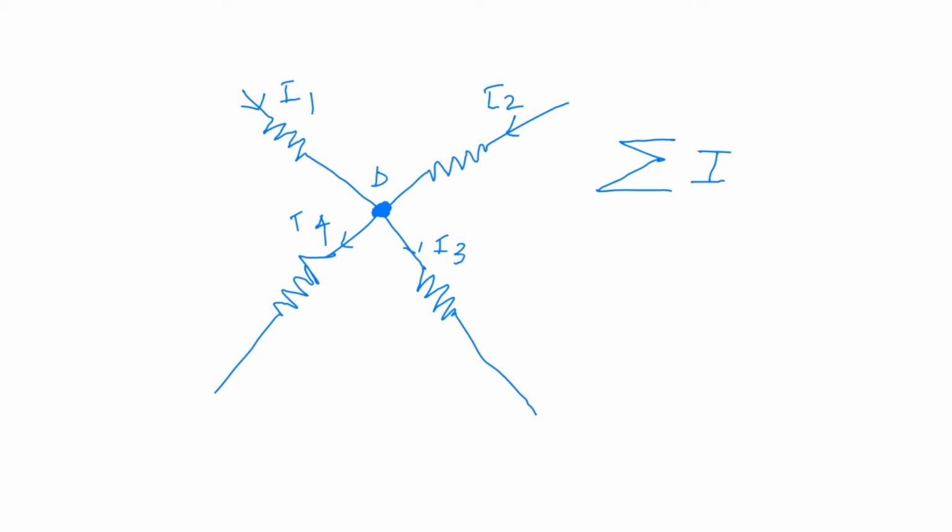Okay, so we can write here sum of I is equal to 0, and we can expand this I like this. All the incoming current at node B is equal to all the outgoing current at node B. So which one is the incoming current? I1 is incoming current, I2 is incoming current. So sum of all the incoming current, let's take an example, I1 plus I2